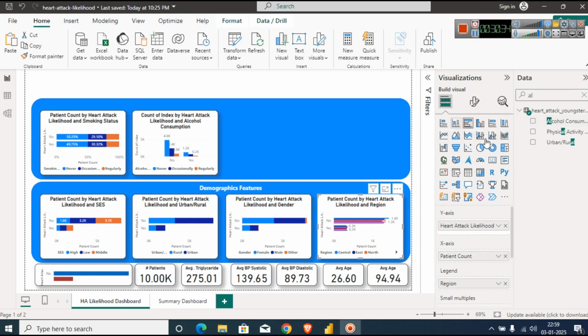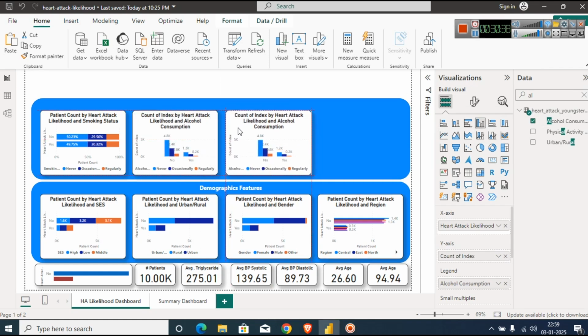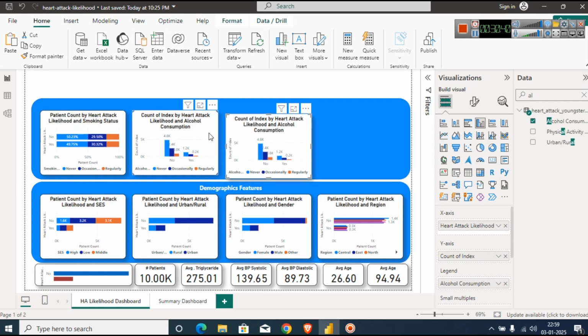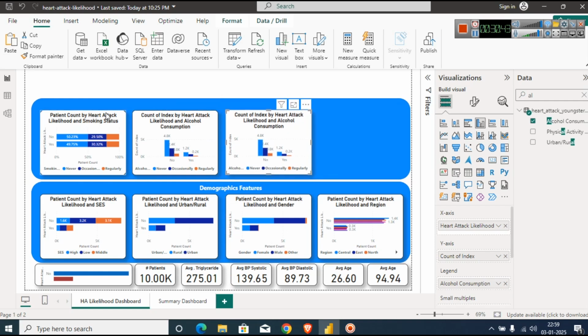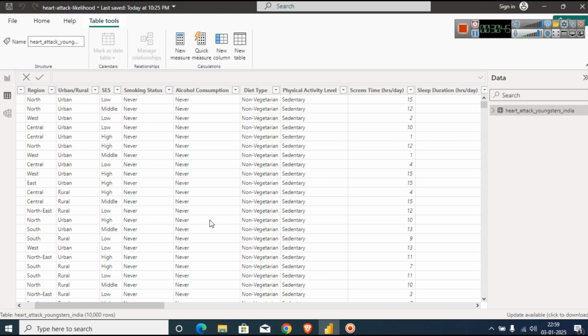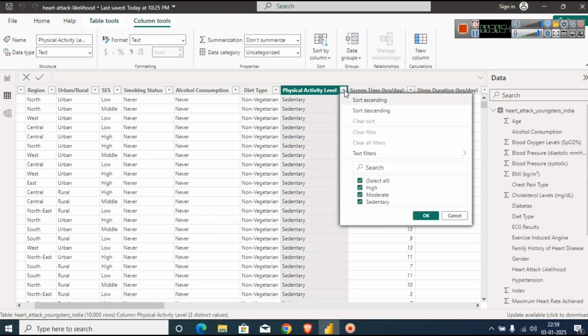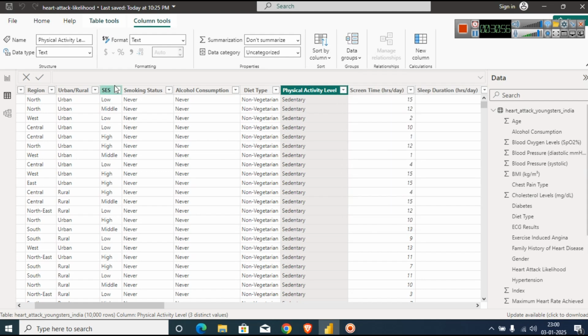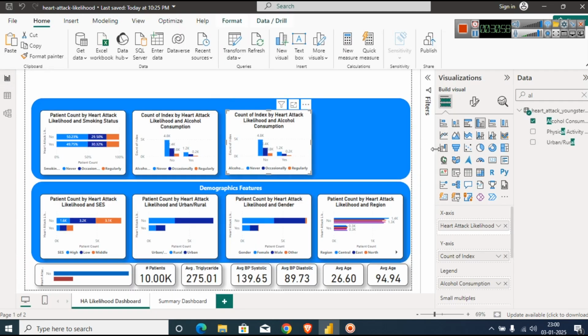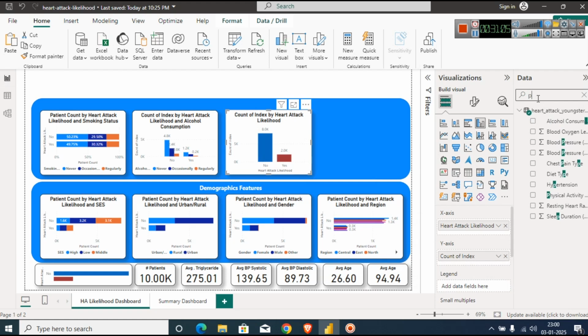Another lifestyle factor will be physical activity in the data set. So as per the data set, if you go, you find that physical activity level is sedentary, or let's see different values here, high, moderate or sedentary. So here also we have three different values. So here also I will keep the same graph, just remove this and bring physical activity level as